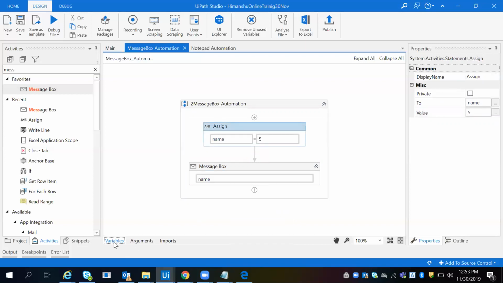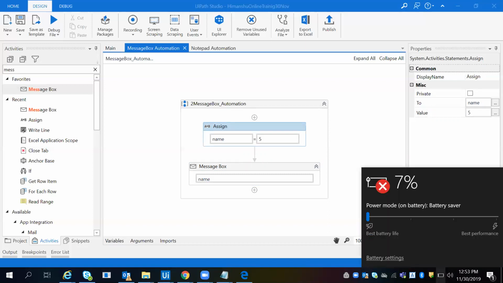Okay, now we are going to end the session because my system battery is low, and I will connect with you also, not now, later. Okay, so I will share this video also. Please go through this video and try to automate this feature, whatever we have completed till now. Okay. Sir, one thing I want to ask again.